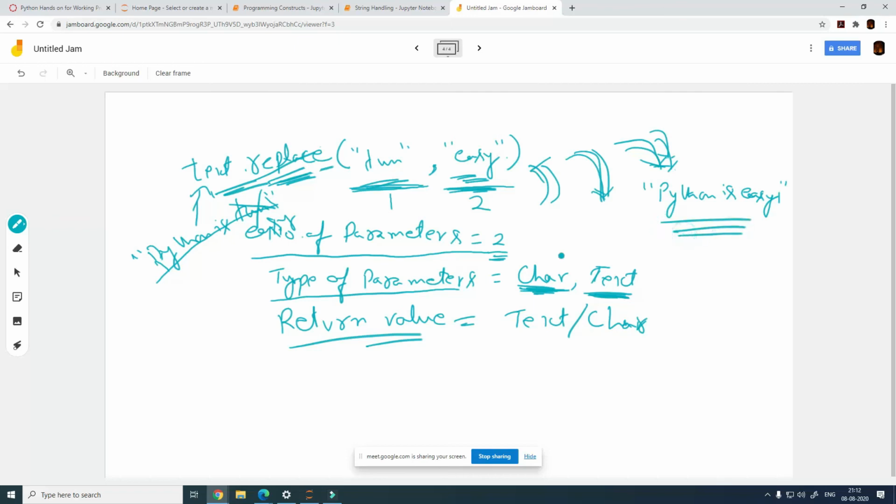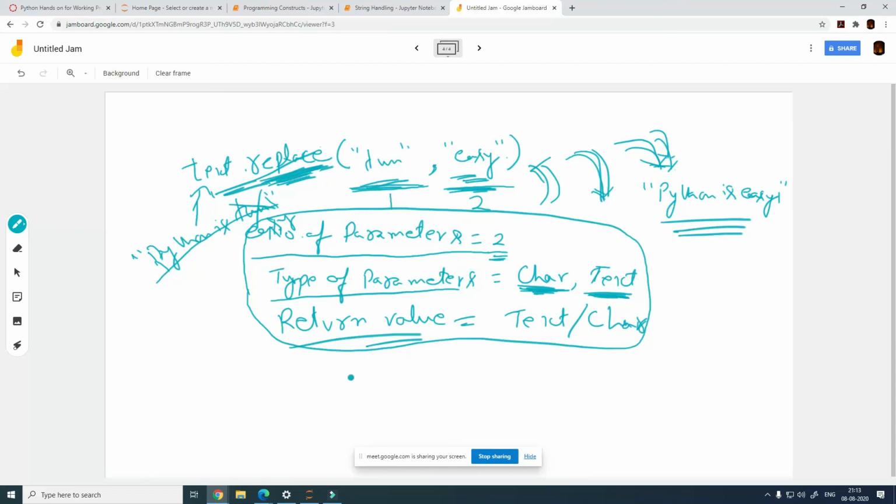This is the return value. All three of these clubbed together become the signature of any function, and you just cannot write the syntax outside of this signature. When you need to call the replace function, you have to follow the signature. There is no way you cannot follow the signature. If you do not follow the signature, then the replace function will not work.